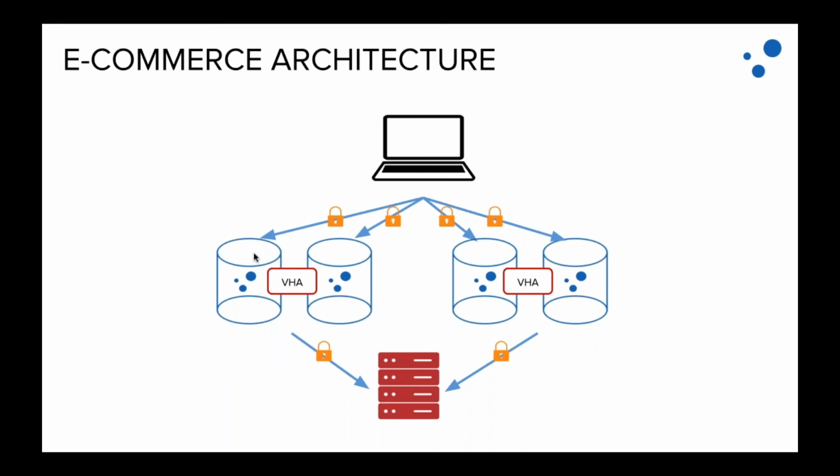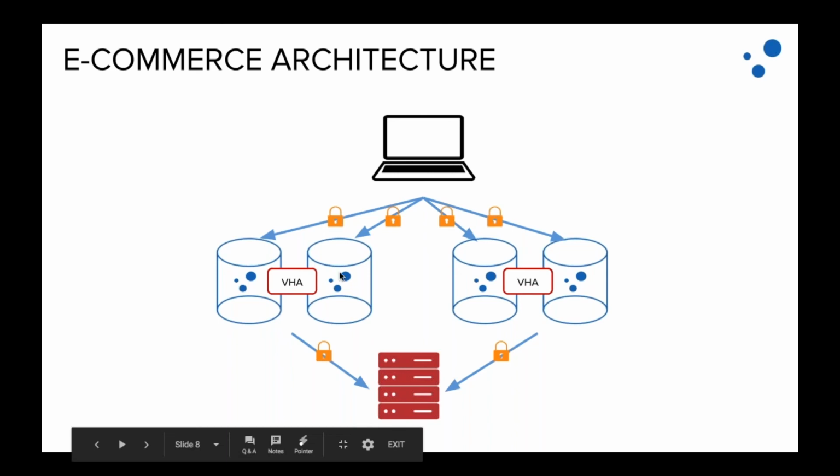Again, as you can see, we have a couple of Varnish instances in place, and those two instances are synchronized using VHA. That's Varnish High Availability, and it's a little daemon that sits next to Varnish, and whenever a new object or a new piece of content is inserted in cache, it will automatically replicate it to the other node as well. This reduces strain on the backends, and obviously you have fewer backend connections, a higher hit rate,